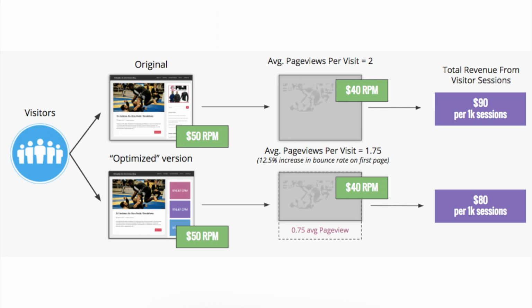One of the things I think is always interesting, and we brought it up on the podcast, is that as a publisher, you can increase your CPMs and your RPMs, but your total revenue from the same number of visits could go down. But EPMV is the one metric where, if it goes up, total revenue from the same number of visits is going to go up.